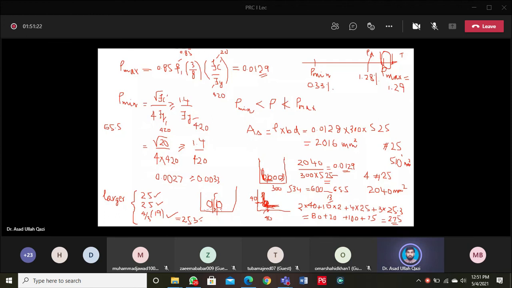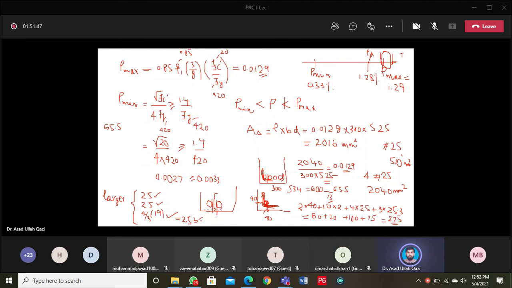So that is the reason I have selected 4 bars in one layer in a beam of width 300 millimeter. So it means this final sketch will be approved, and if this will work in actual beam, once you sketch,